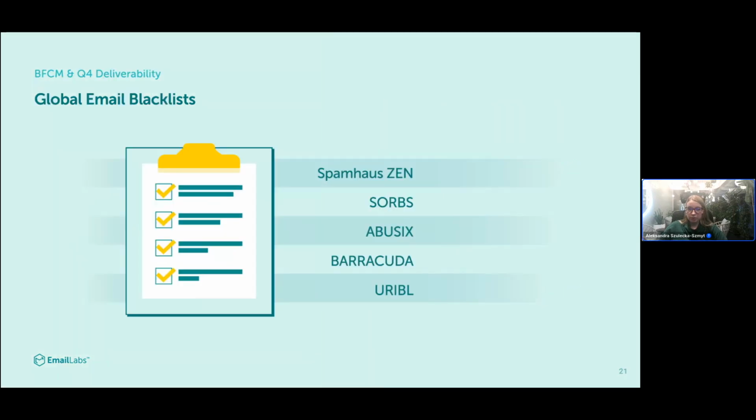And here we have the list of some global email blacklists. And if it happened that you had a spam trap on your contact list and that you sent an email to it, and you are currently present on either Spamhaus, Abusix, or any other of the lists that are here on this slide, it is possible to delist yourself from the list, but you will have to remember that if you send to a spam trap again, you will be blacklisted again.